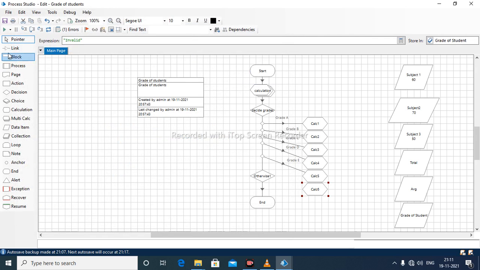Okay, so I will connect it with the otherwise case. After that, I will connect all these calculations to end.